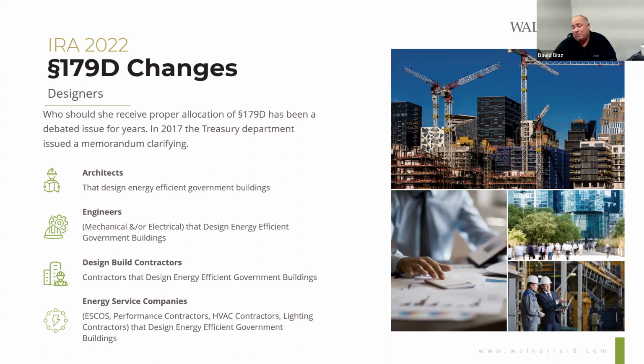And what ended up happening was the IRS must have started running into audits for contractors, for example, general contractors that had no design responsibility, yet were claiming Section 179D because they were able to go to these government building owners,